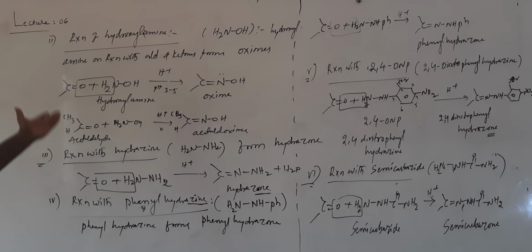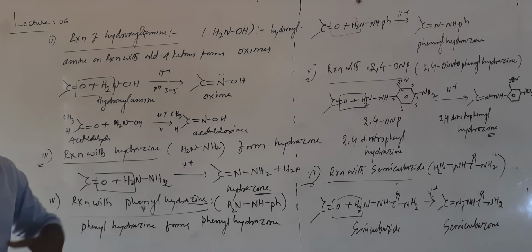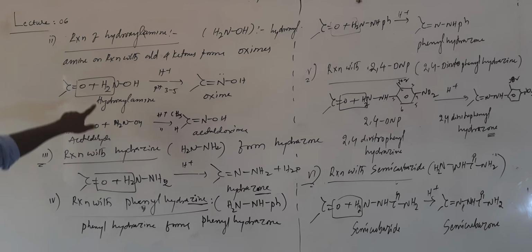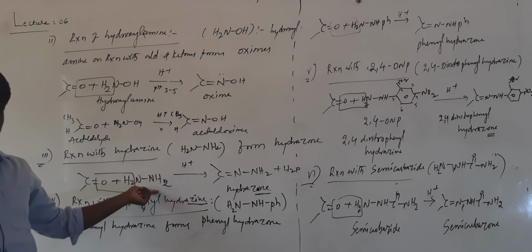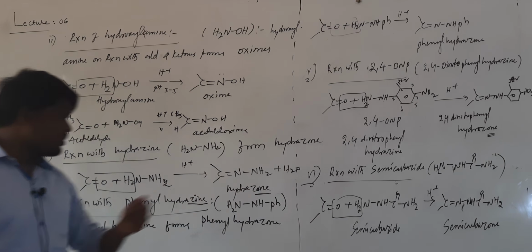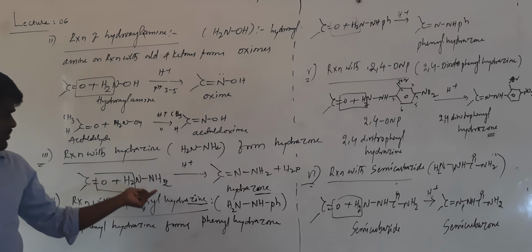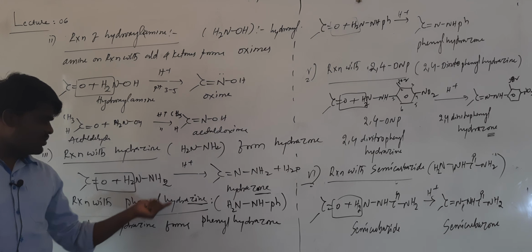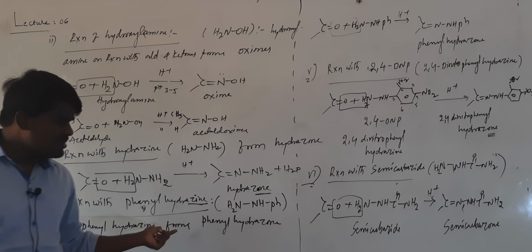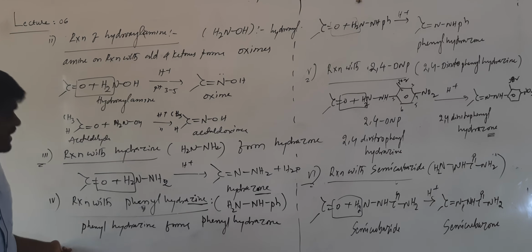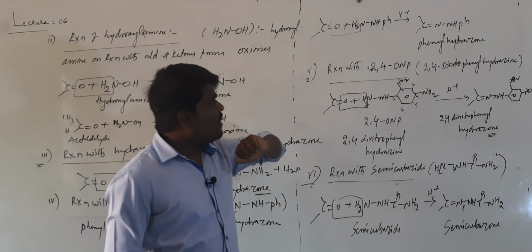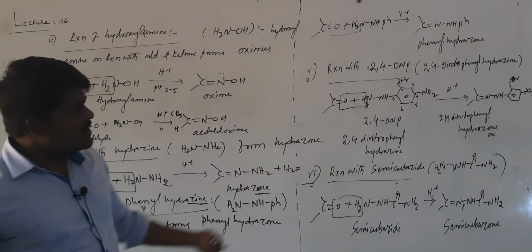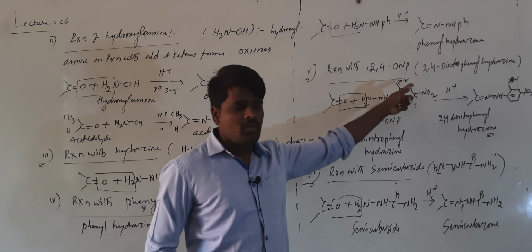The important aspect is that if ammonia is treated, imine will form. If substituted alkyl amine is treated, it will form alkyl substituted imine. If hydroxylamine is treated, it will form oxime. If hydrazine is treated, NH2NH2, it will form hydrazone. If from the hydrazine you replace one of the hydrogens with a phenyl group, the resultant compound is called phenylhydrazine. If phenylhydrazine is treated, that will form a phenylhydrazone derivative.